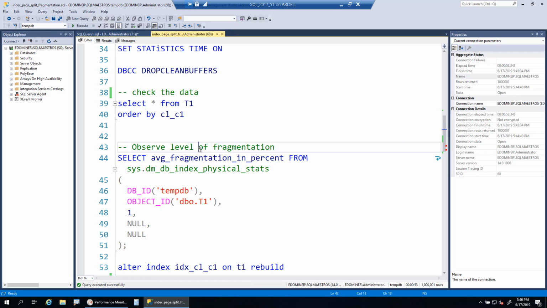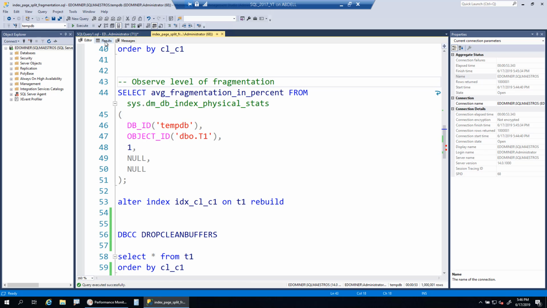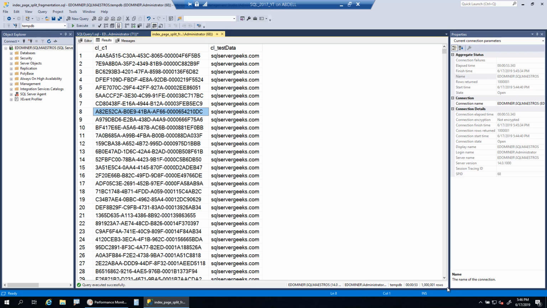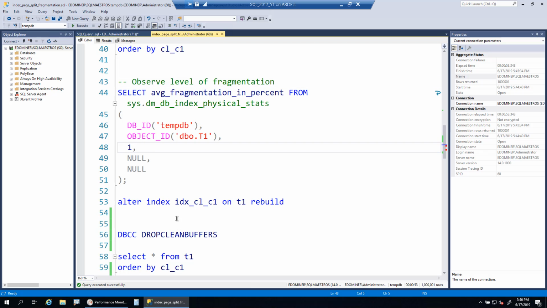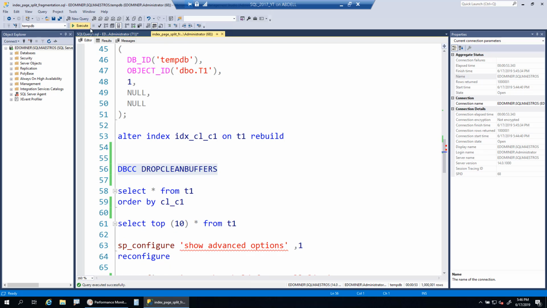Let's go and see. Okay, so the query completes and you get all the data, about 1 million plus 1 row, and how much time this has taken. So if you see, it has spent about 10 seconds or so on the CPU. So let's not bother about the elapsed time, because that's the time it has taken to render the entire data set in Management Studio. We should be focusing on the amount of time it has taken on the CPU, about 10 seconds or so. Now let's go and clean the buffers once again,